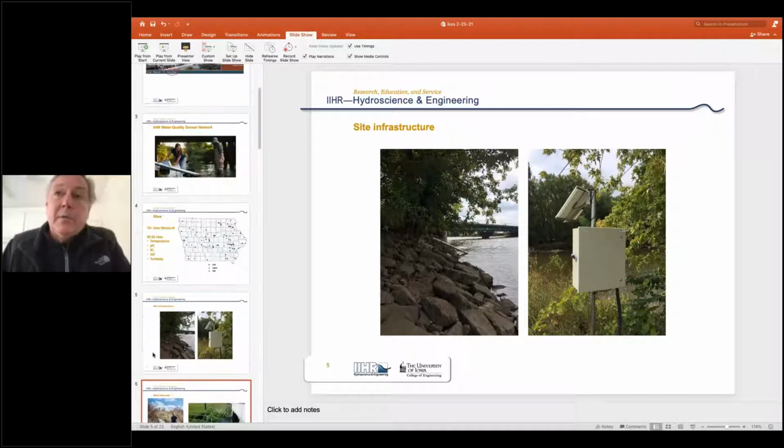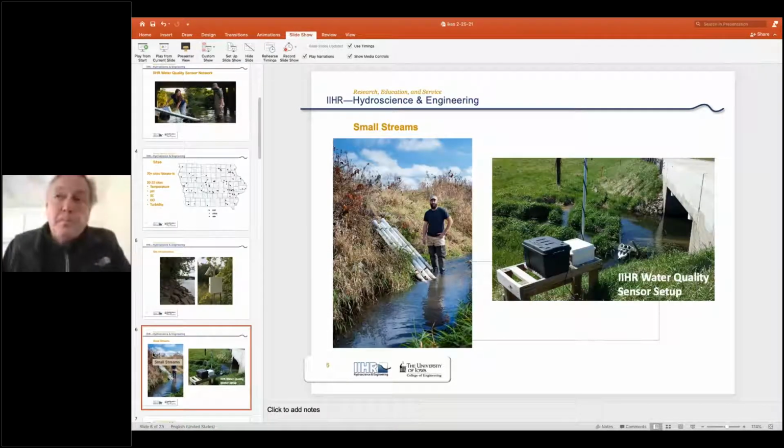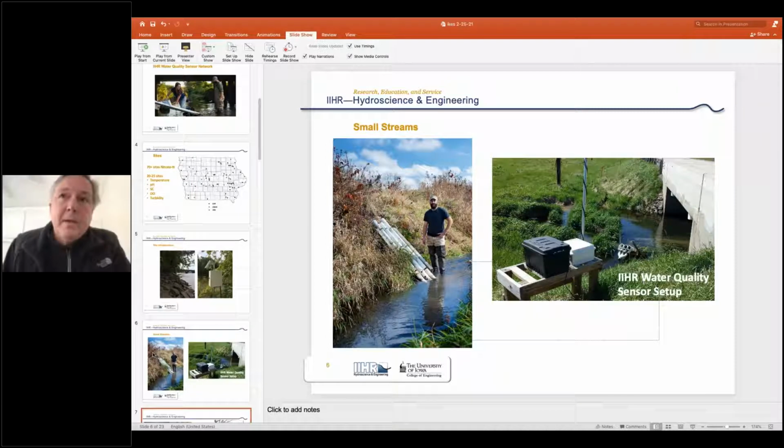And so here's another look at the CREP wetland near Orchard, Iowa. This is the inlet and outlet of the wetland, where we measure the wetland's capacity to sequester nitrogen. This is the second largest CREP wetland in Iowa. We have about 100 of these constructed wetlands around the state.